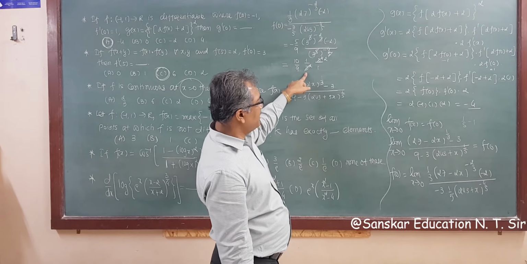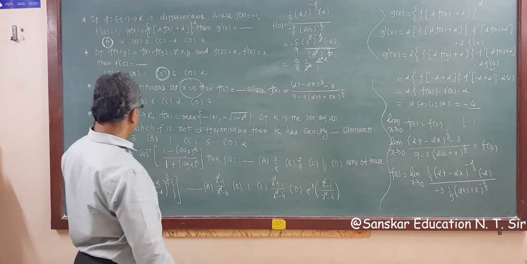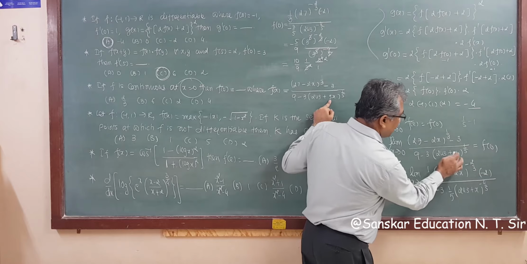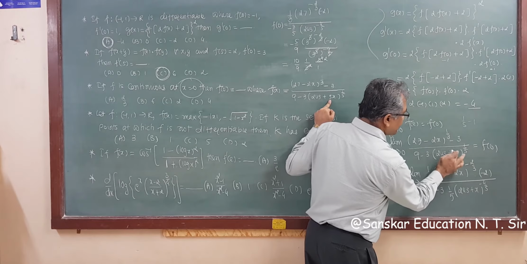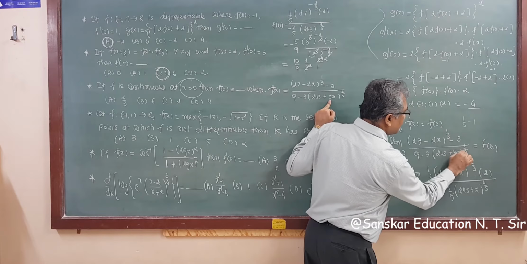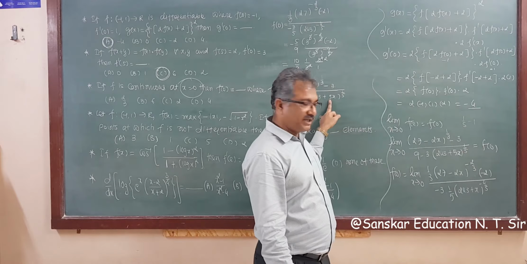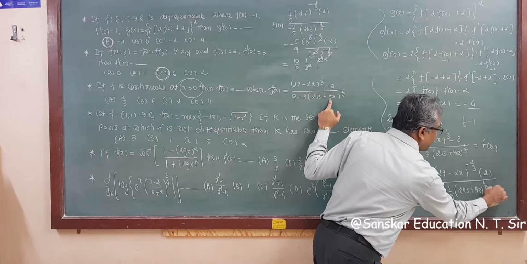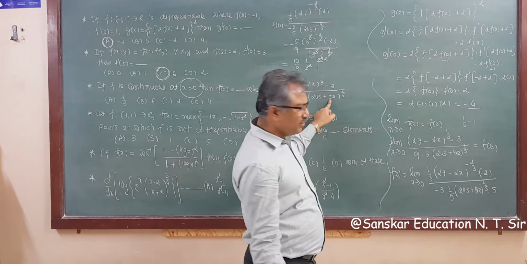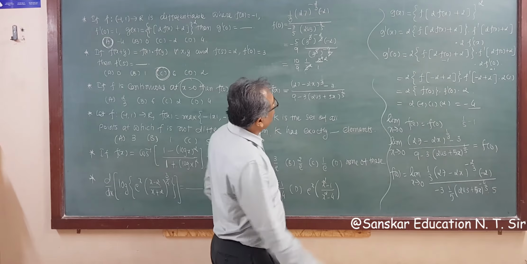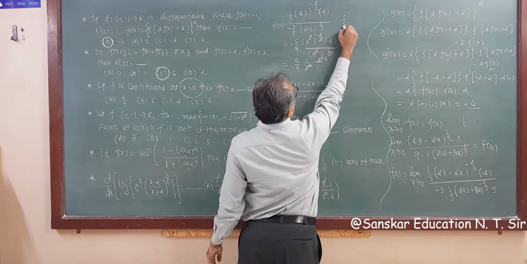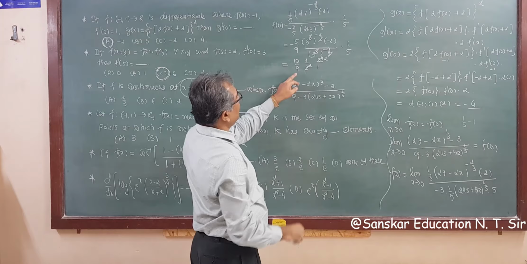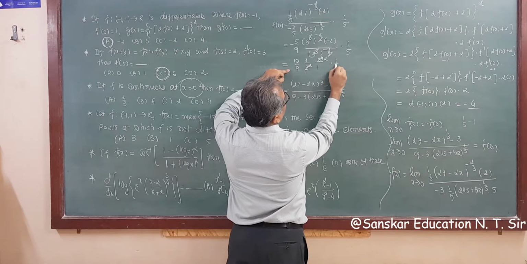So the answer will be, I think there is a problem. Okay, so this is your problem. Here we are writing only x. So here we need 5x, right? That you have to change. So here this is 5x and into derivative this again is 5. So no need to change anything, only we have to divide by 5. So this is 1 upon 5, this is 1 upon 5. Now this is again 1 upon 5 here.